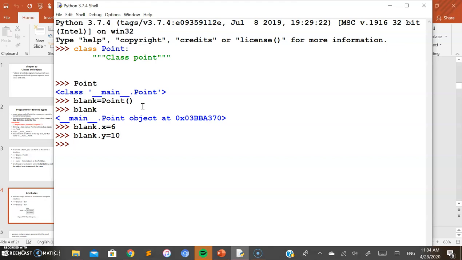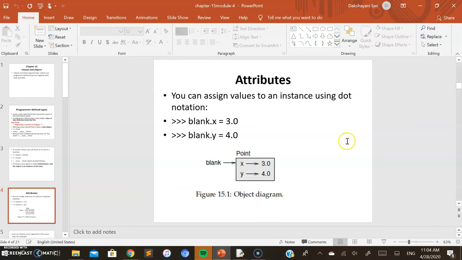Again, there is no restriction on how many properties or values you want to associate with the object of a class. As many values as you wish you can do, but since here we are doing a point which has only two values, we are doing it this way. The compiler represents it as Point being the name of the class, and for this point a blank object has been created. For this blank object we have taken two properties with some random values here. So this is how the object diagram is represented.